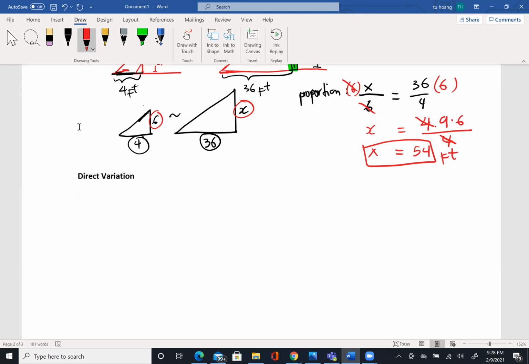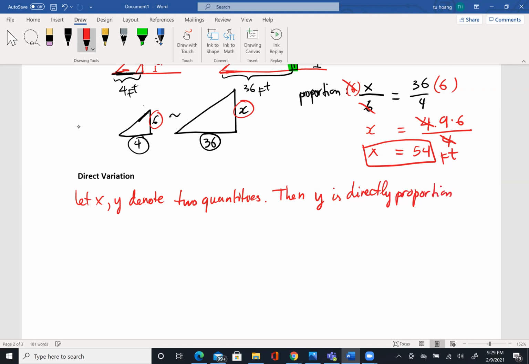Let x and y denote two quantities. Then y is directly proportional to x,